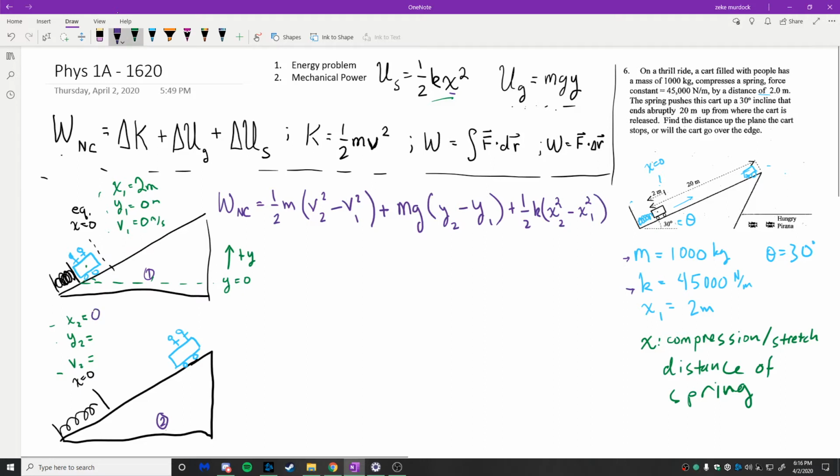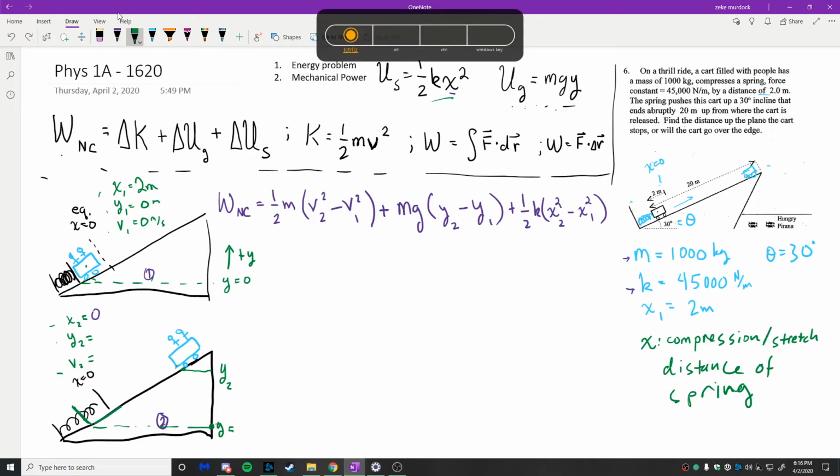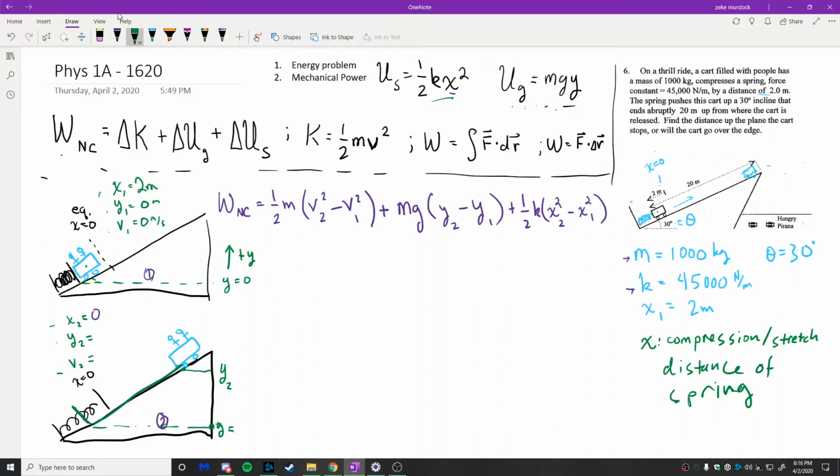What about y2? What's y2 going to be? Well, the blocks started kind of somewhere down here, right? That's where we were originally. And if we go over here to the right, it's so low on the screen, so it's hard to draw this. And we say this was our initial, that was our y equal to 0 point. Now the object is somewhere up here, right? And we can say y2 now, if you look at this distance, if we call this distance right here d, I'm just going to call that distance d,